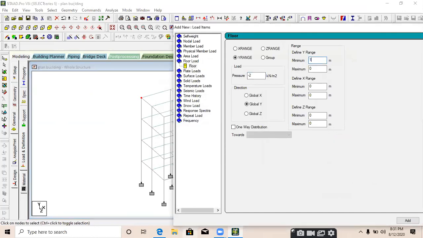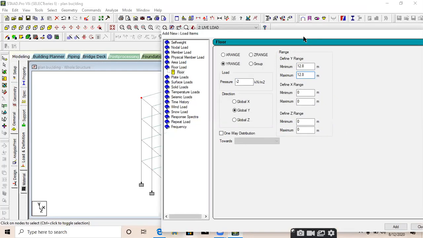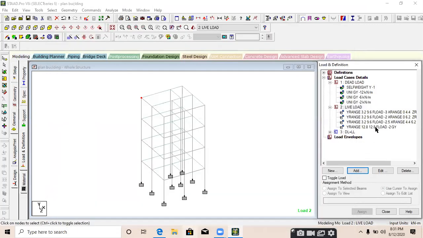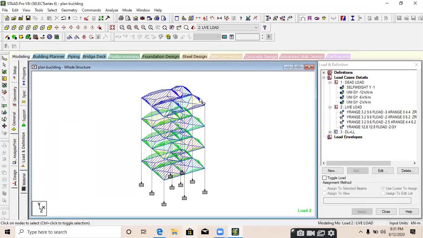Minimum will be 12.8 and maximum is also 12.8. If you are applying the same load throughout the floor, no need to provide X and Z range. Okay, add and close. We just applied 2 kilonewton per meter square at the roof.